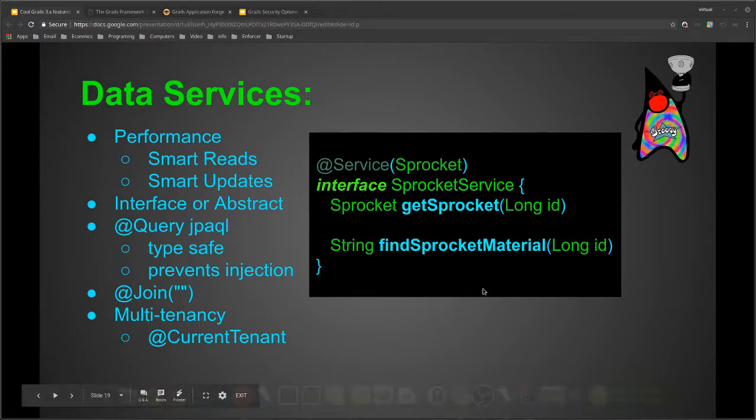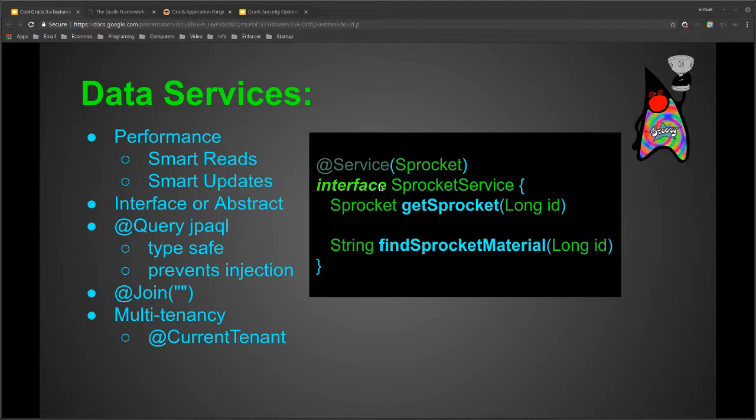Another thing you can do is this one's an interface, but it could be an abstract class, so you can mix and match. You could do an abstract method and use some of the data service stuff, but then have another method that pulls a few of these together. And you can also add @Transactional to them and manipulate what the transaction is doing if you wanted to.